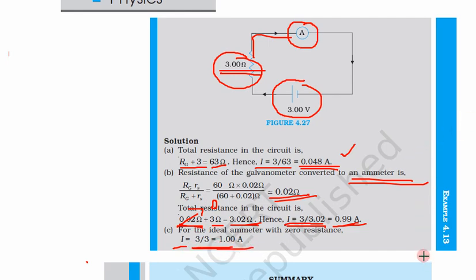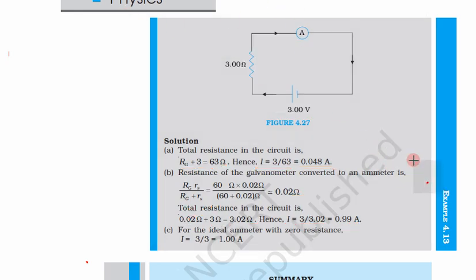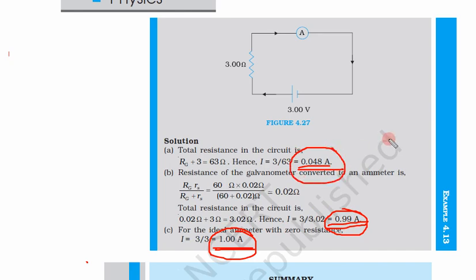If you see, one interesting thing is that if we directly connected the galvanometer, the difference in the current is very large. Ideally the current is 1 ampere and with small shunt resistance we are getting 0.99 ampere. So there is very less difference, less than 1%, but here it is very inaccurate. That's why it is always useful to connect galvanometer with a parallel shunt resistance to convert it to ammeter. So with this, the chapter has ended.